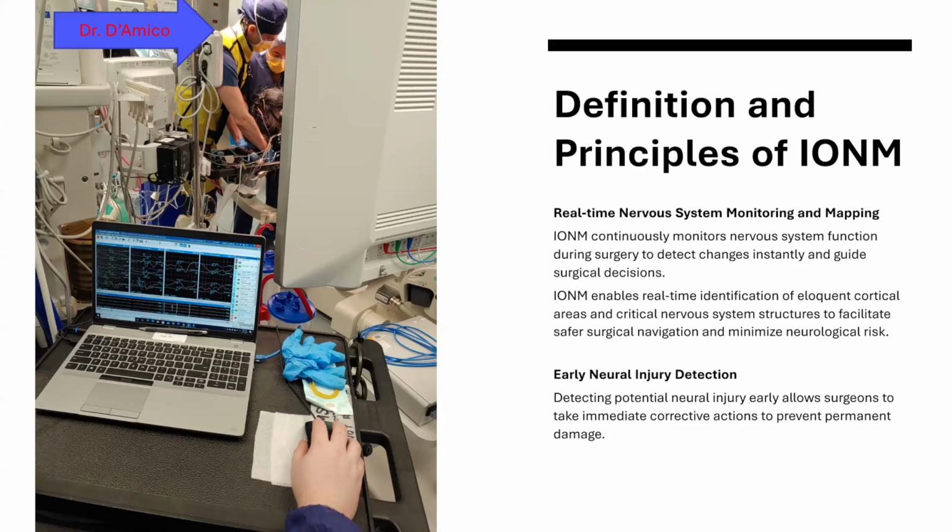When you open a textbook and you look at the motor system, you look at the sensory systems, it's not as pretty when you are actually working on a patient. So we're able to identify different nervous structures, eloquent areas of the brain, peripheral nerves down in the periphery, and give the surgeon an idea of where these nerves are, and then again, continuously monitor the nervous system during the